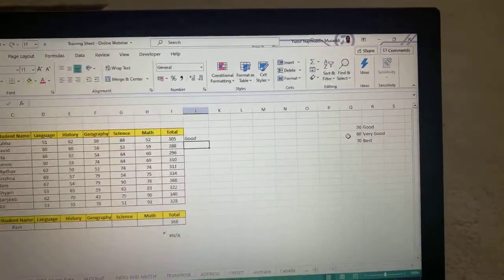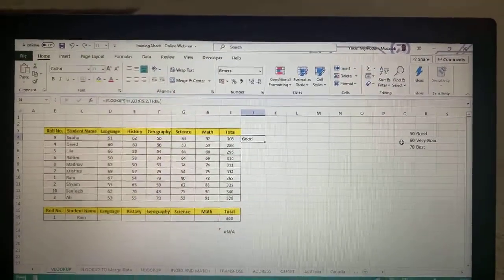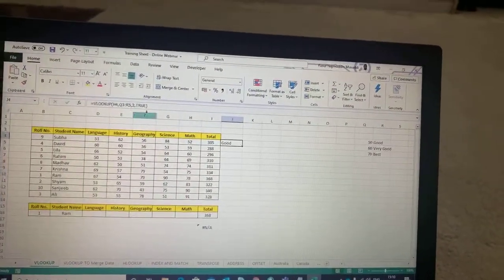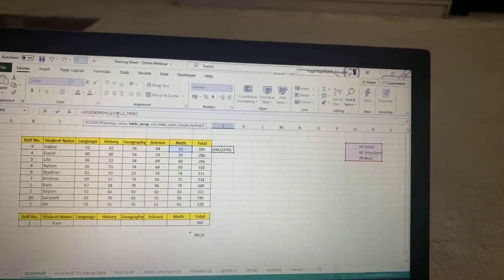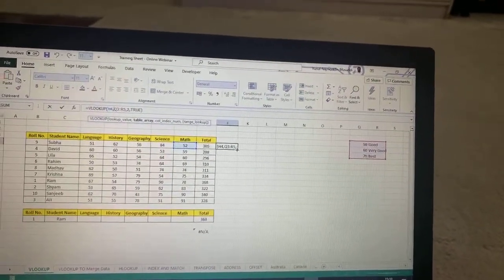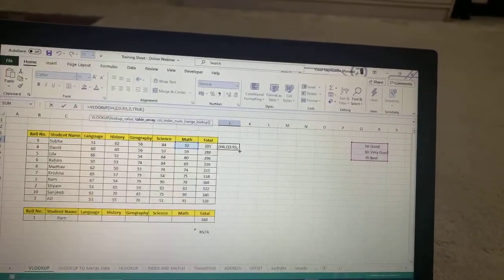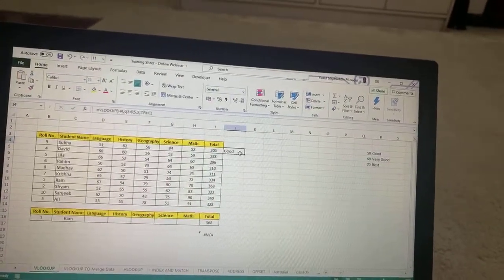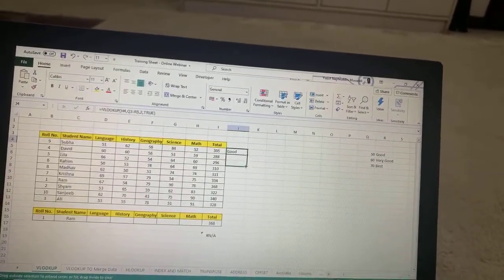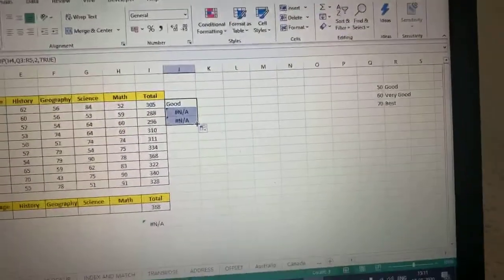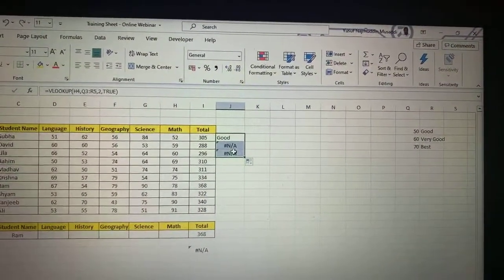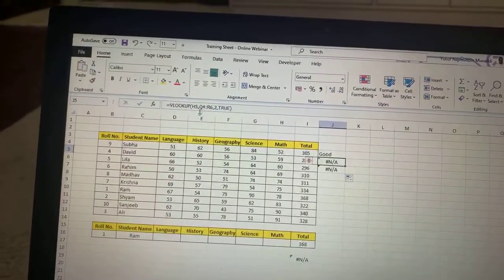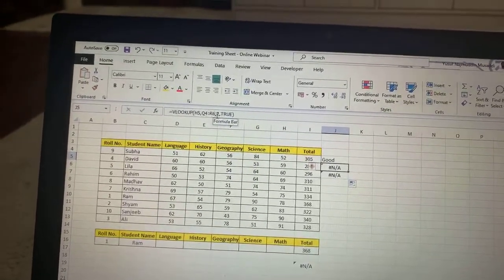And as you can see over here, you have got the grade as good. Now one thing you will have to make sure over here is when you select this table, it is showing the range as Q3 to R5. The moment I fill this or take this formula to the other cells below, you will see that the results are not applicable. The reason is, if I click on this cell, you can see that the table reference has changed. From Q3 to R5, it has become Q4 to R6.